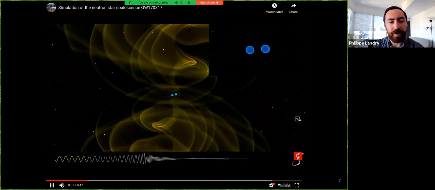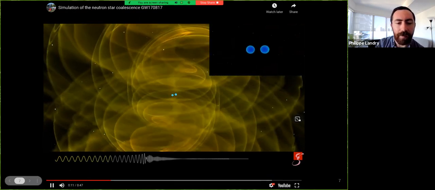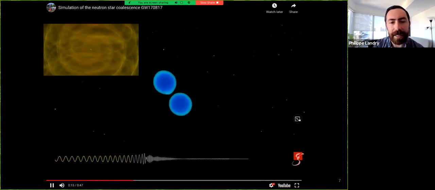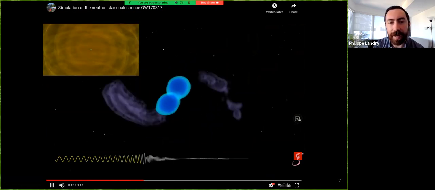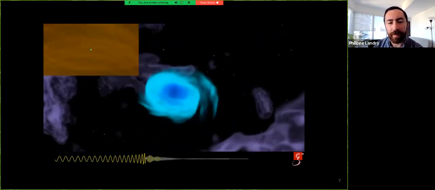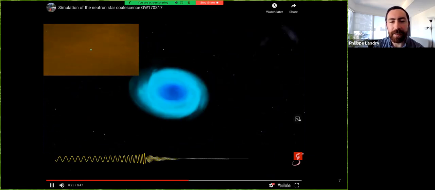During the in-spiral phase, you can see the waveform evolving at the bottom. The frequency of the gravitational waves is going to sweep up as they approach merger. You can see now that there's some tidal deformation and then disruption, so material being blown off, which will create an electromagnetic counterpart. And then you see the remnant oscillating, ringing down basically, as we're now in the post-merger stage